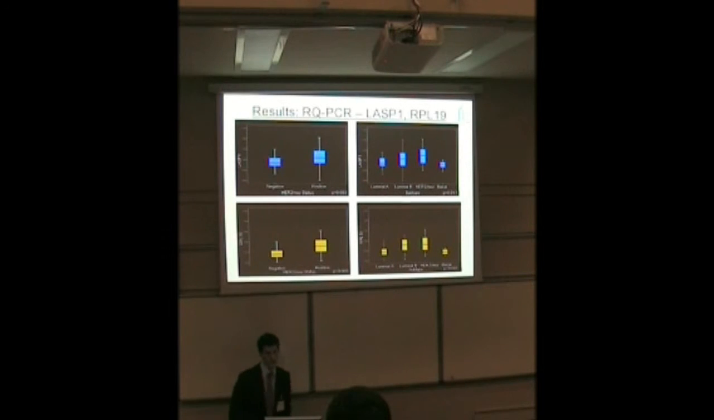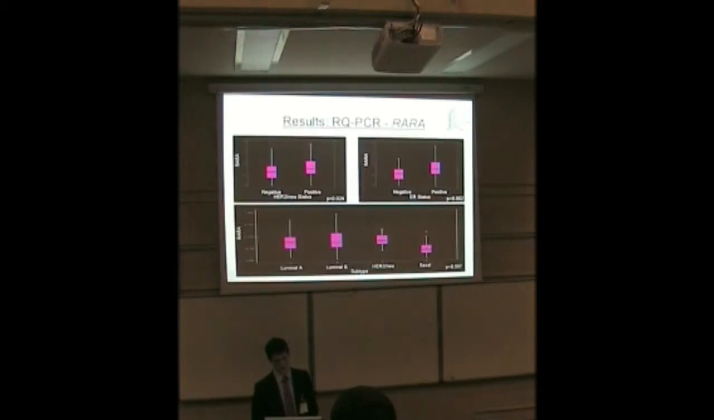So moving on to our other genes, LASP1 and RPL19 amplification levels are significantly higher in patients who have been classified clinically as HER2 positive. Keeping with this again, levels are higher in luminal B and HER2 overexpressing subtypes relative to the luminal A and basal groups. RARA was demonstrated to be significantly more highly amplified in estrogen receptor positive and HER2 positive patients relative